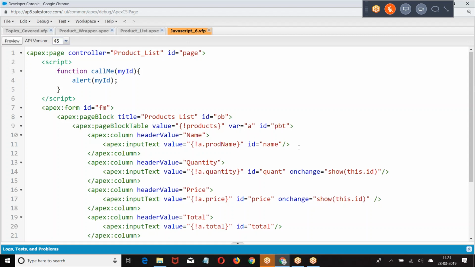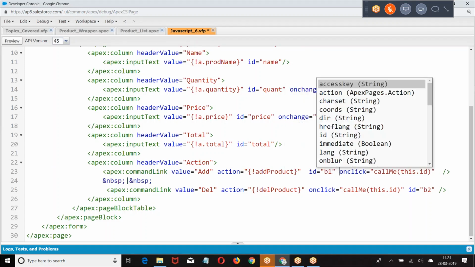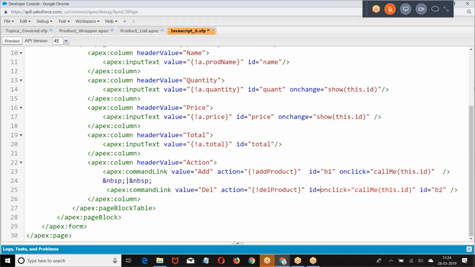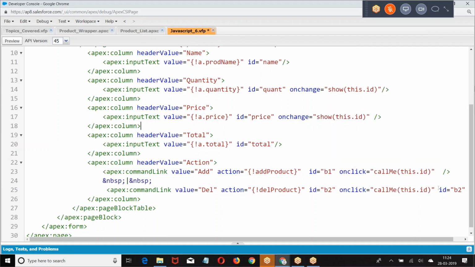Page, command link, action: add product. On click, this dot ID. Go to the ID of the element. The ID of the element is already given here.